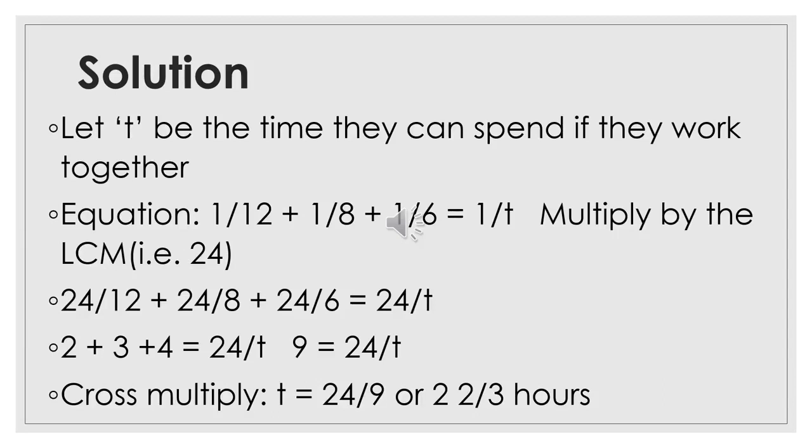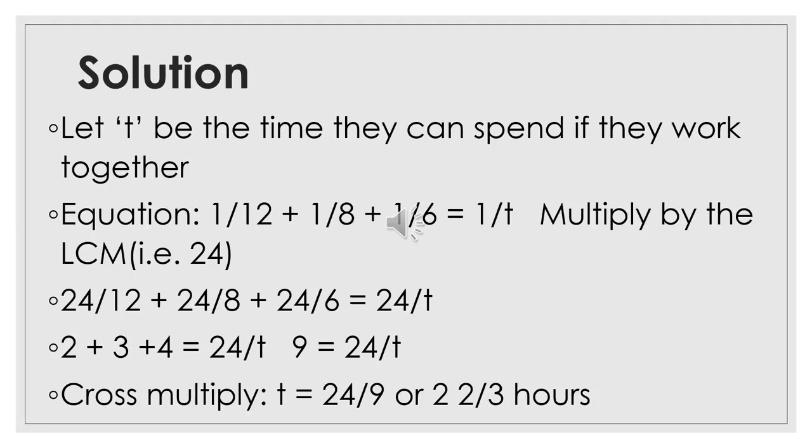In this case, the LCM of the 3 denominators, 12, 8, and 6, is 24. Multiplying 24 to the left and right sides of the equation, we will get 24 over 12 plus 24 over 8 plus 24 over 6, all equal to 24 over t. And simplifying, 24 over 12 is 2, 24 over 8 is 3, and 24 over 6 is 4, all equal to 24 over t. Now simplifying further, 2 plus 3 plus 4 is equal to 9, and 9 is equal